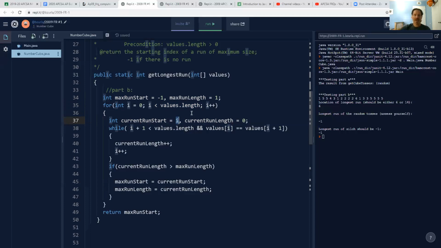And I haven't established any run length yet, so I've gone to 0. Okay, so I'm going to have to see, for example, two values next to each other to give me a run length of something. Okay, and then,